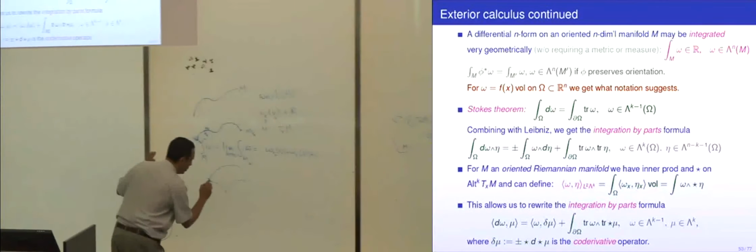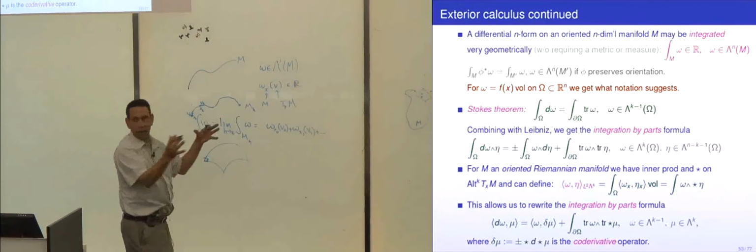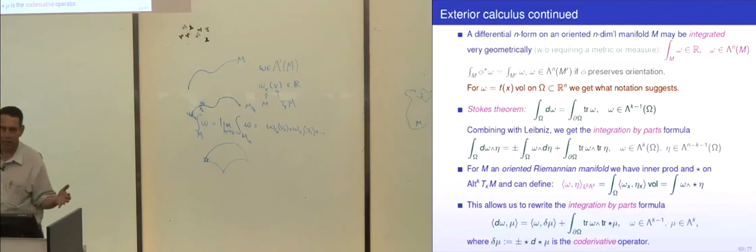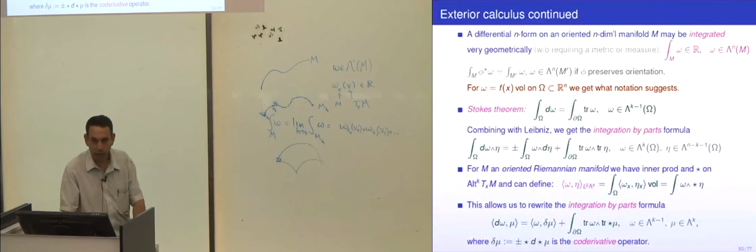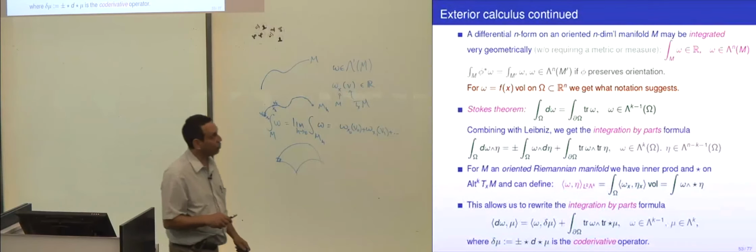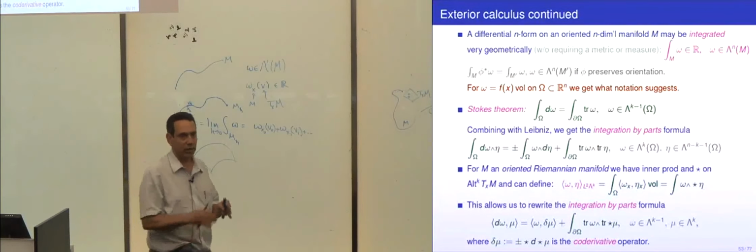You take two little vectors and you get a little parallelogram, and you'd build your manifold approximated by a bunch of parallelograms and add up. So there's this incredibly easy definition of the integral, and it's a definition of the integral that doesn't use measure theory, doesn't even use inner products. It's defined on any manifold.